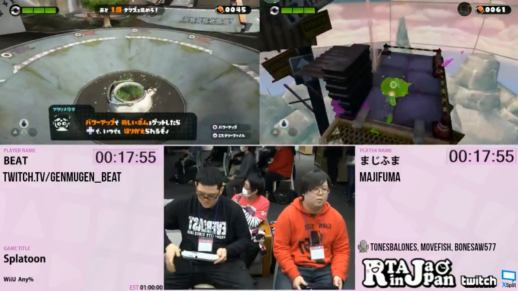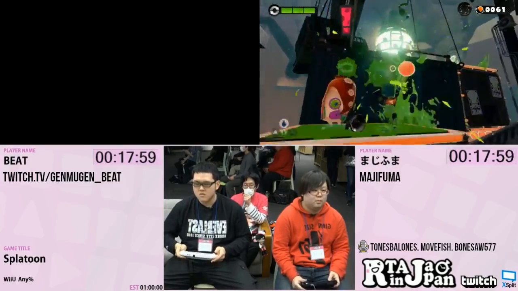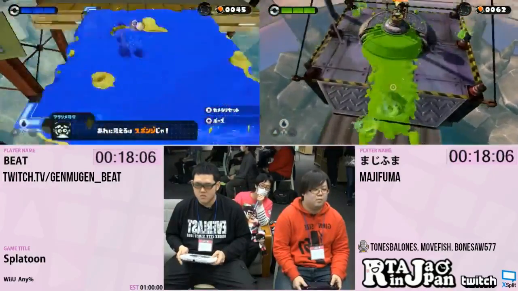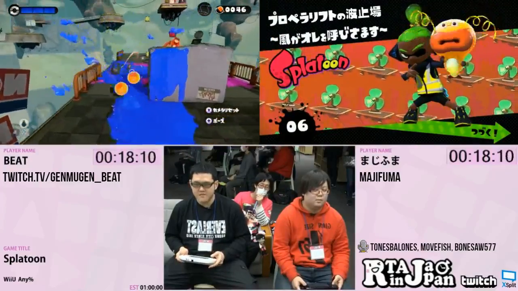Yeah. As you can see, Beat super jumped to the sponge level. Right. Any level that you unlock, you can super jump to. This will allow for some more complicated routes as we get later into the game, especially in World 5. But for right now, that was...